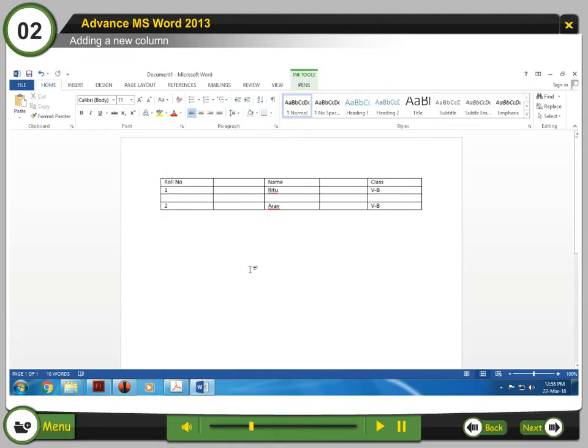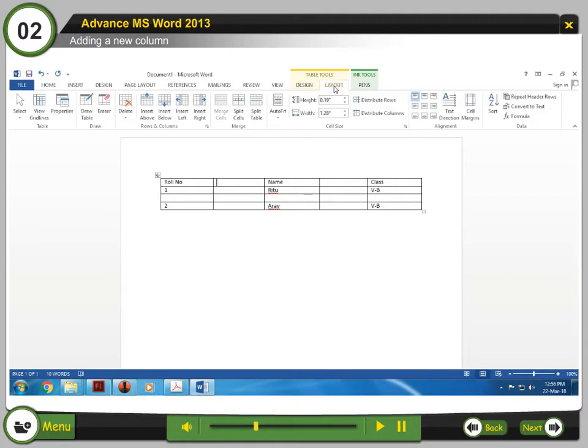You can also use the Layout tab to insert above or insert below command from the Rows and Columns group. Step 1. Place the cursor in the row after which a new row is to be added. Step 2. Click the Layout tab. Step 3. Click the Insert Below button to add a row below the current row.